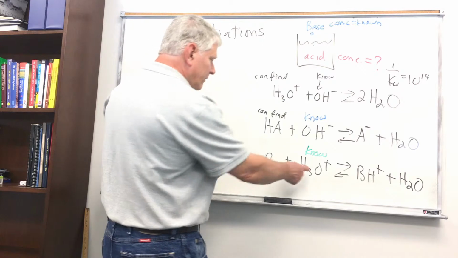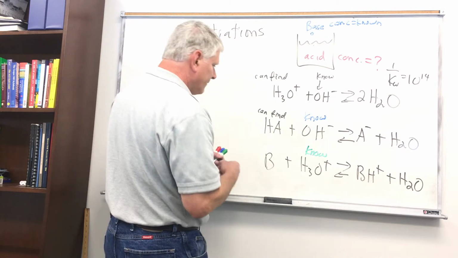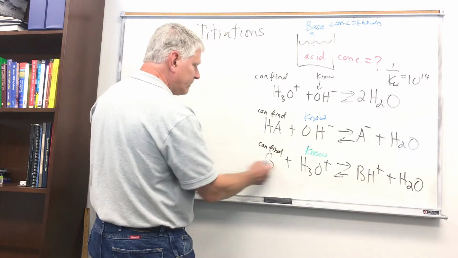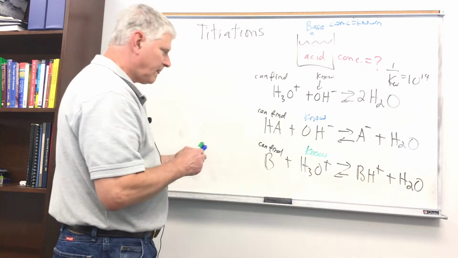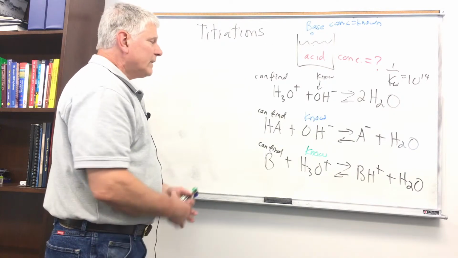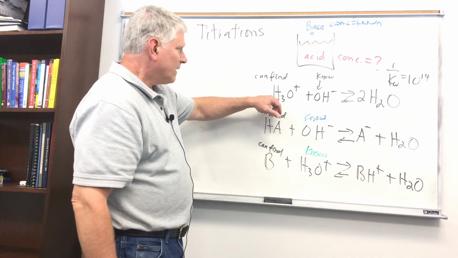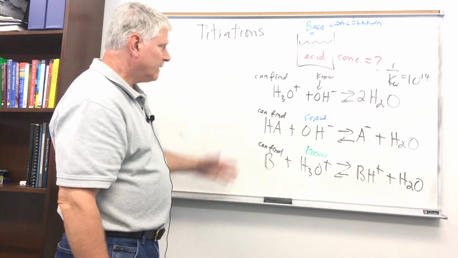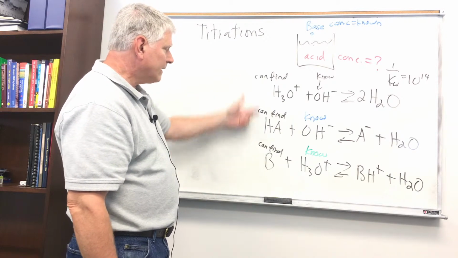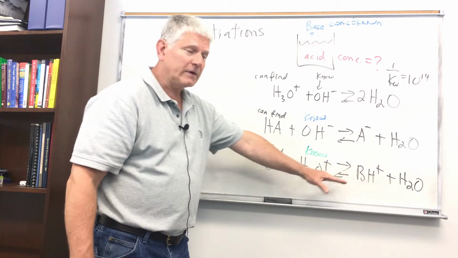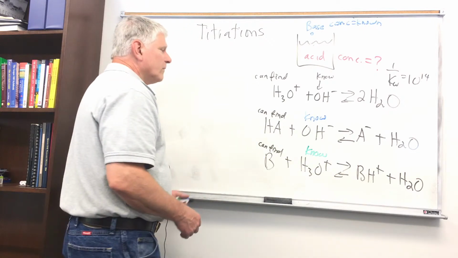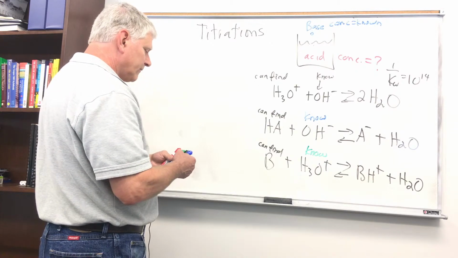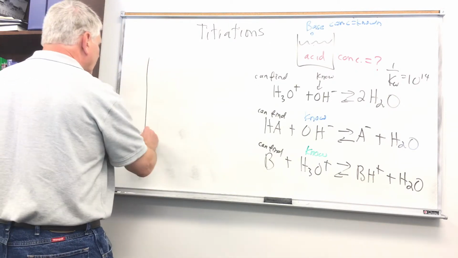And so if we know the amount of acid we put in, we can find how much base was in the original solution because we have a 1-to-1 ratio. So how do we determine when we've reacted all of the base or strong acid? So we want to know the exact point at which this reaction goes to completion. So we can measure the pH of the solution as we perform the titration. So if we have a curve here,